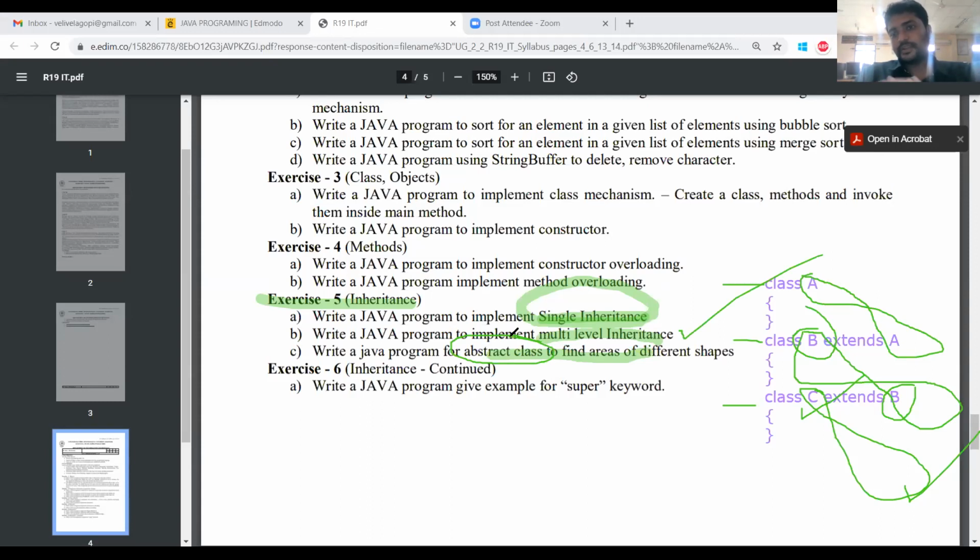Those types of methods are known as abstract methods. An abstract class is represented by the keyword abstract. So this is the theory about exercise 5. So let us demonstrate this one.